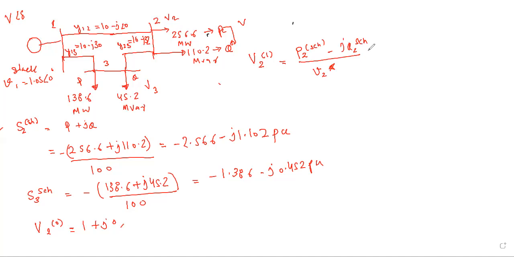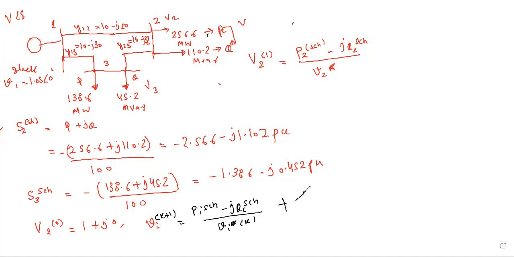I'll write the formula again on the side, in a different color, so that you time and again look at it: Vi(k+1) equals Pi scheduled minus jQi scheduled divided by Vi conjugate (k)